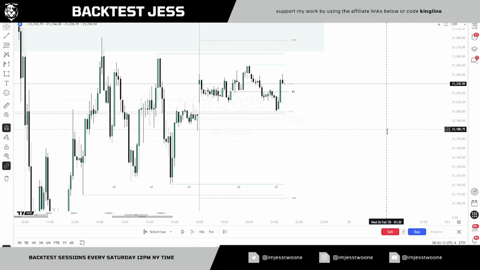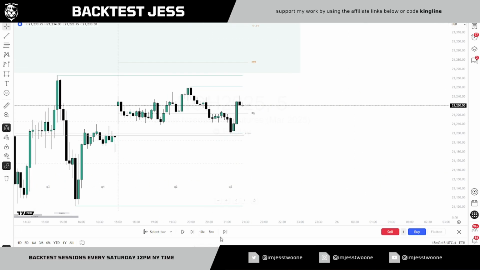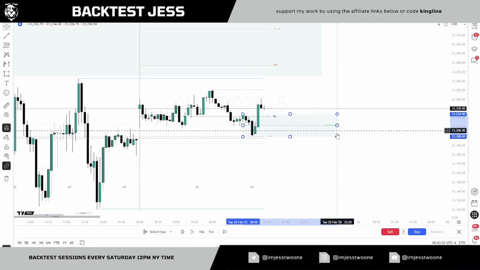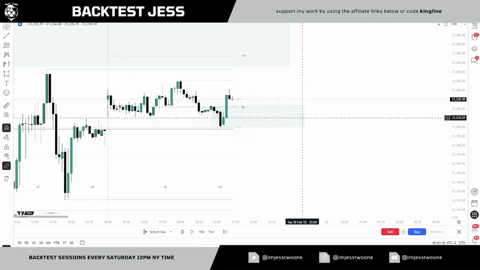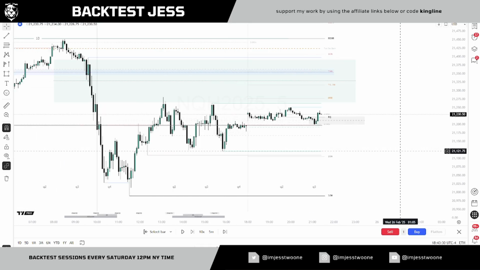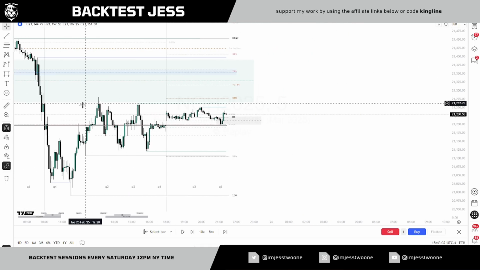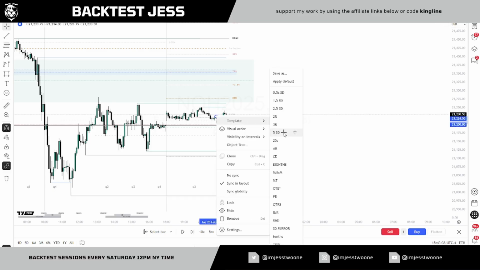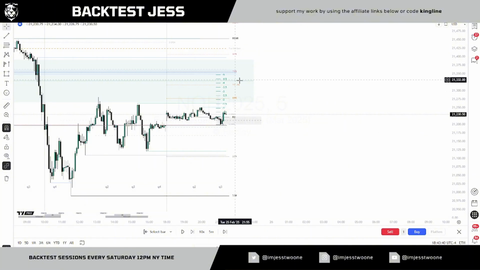Okay, so we have our first CISD. I don't like this because it's at EQ. I actually hate when the day opens up at EQ. I prefer for it to open up in discount and then go to premium, but you know, beggars can't be choosers. So we have this small little guy, and 4 to 4.5 brings us